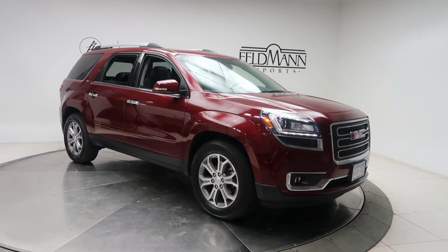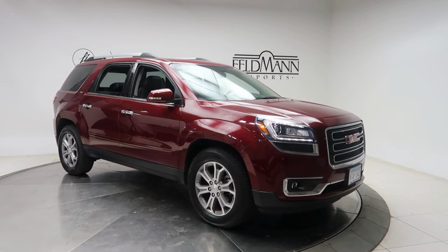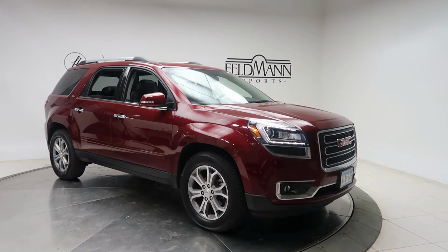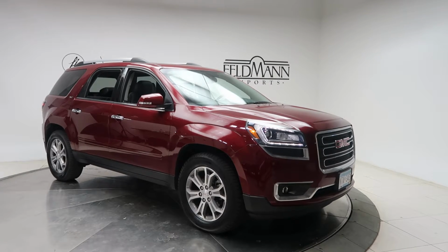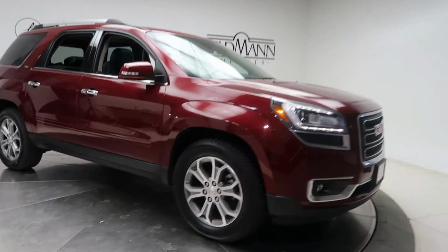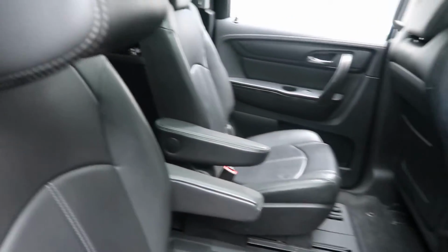Today we're taking a look at a 2015 GMC Acadia SLT. This one is red. Underneath the hood is a 3.6 V6 with 281 horsepower. For wheels, we've got 19-inch alloy wheels, black leather interior, ambient lighting, sunroof, rear climate controls, captain's chairs, third row seating,